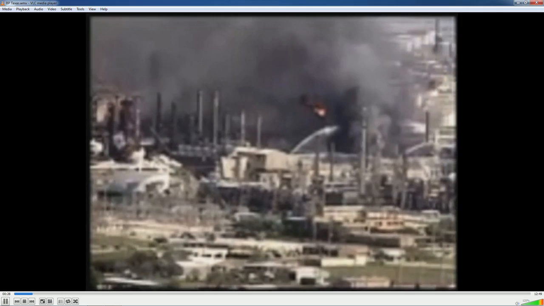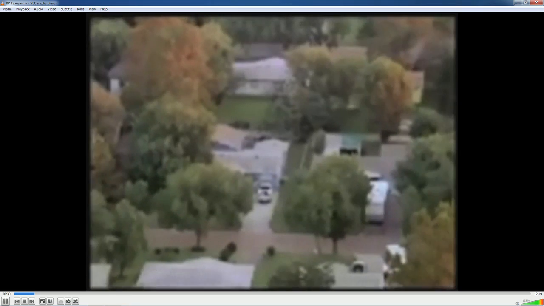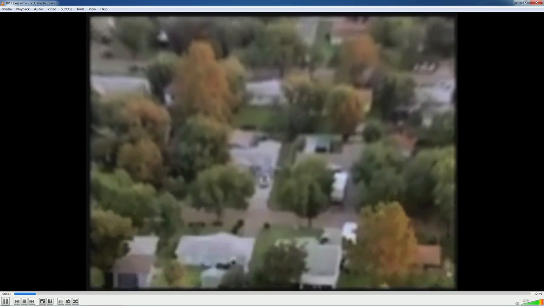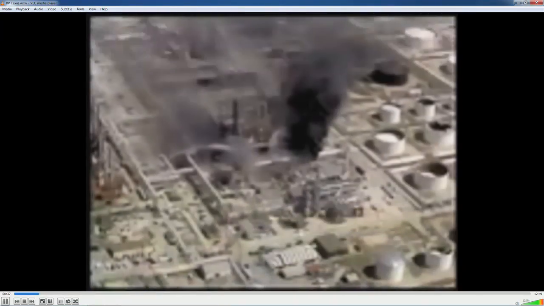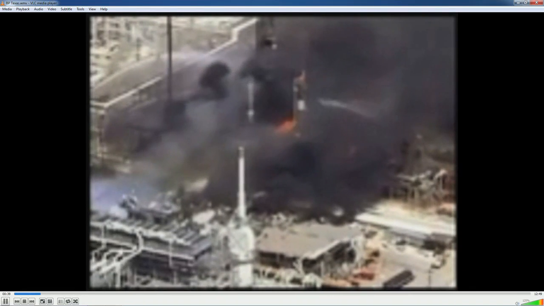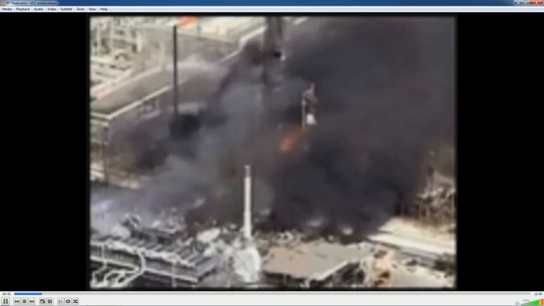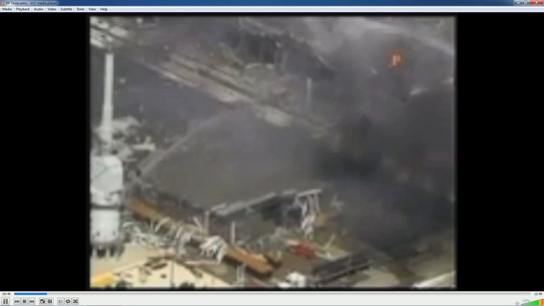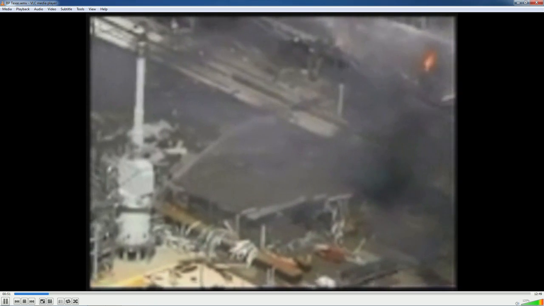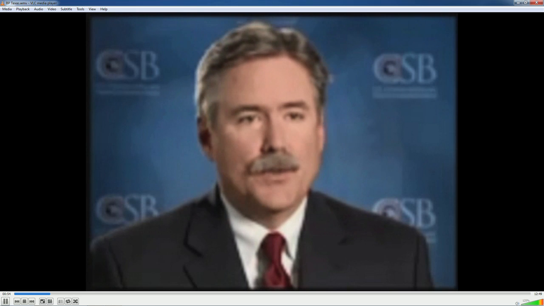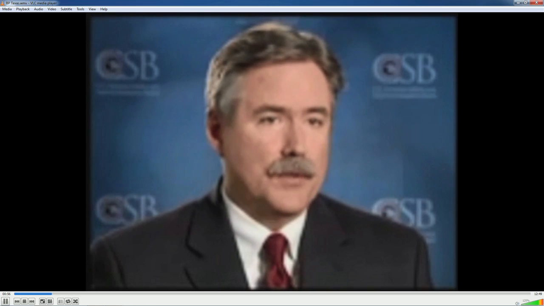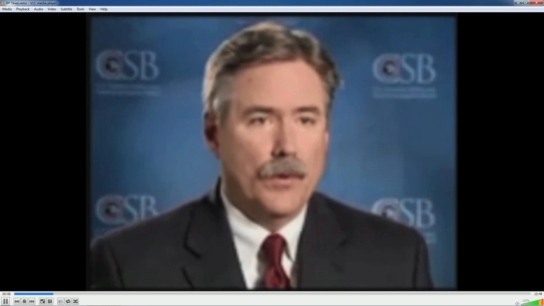Isomerization or ISOM unit, which produces materials to boost the octane rating of gasoline. The explosion shattered windows in homes and businesses up to three-quarters of a mile away from the 1,200-acre refinery. As thick black smoke billowed from the plant, authorities instructed some 43,000 Texas City residents to stay indoors. The accident caused BP billions of dollars in victims' compensation, property damage, and lost production. This investigation was the largest and most comprehensive investigation in the history of the Chemical Safety Board.